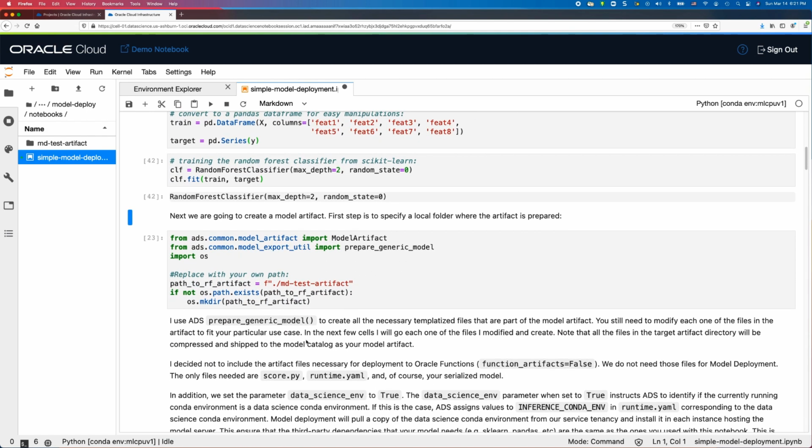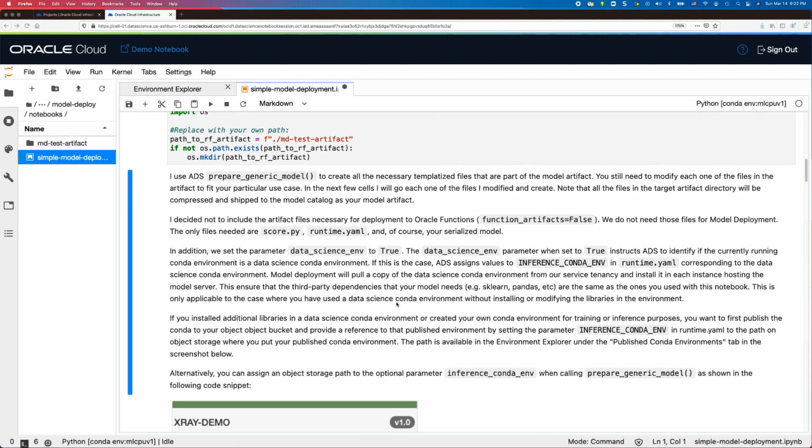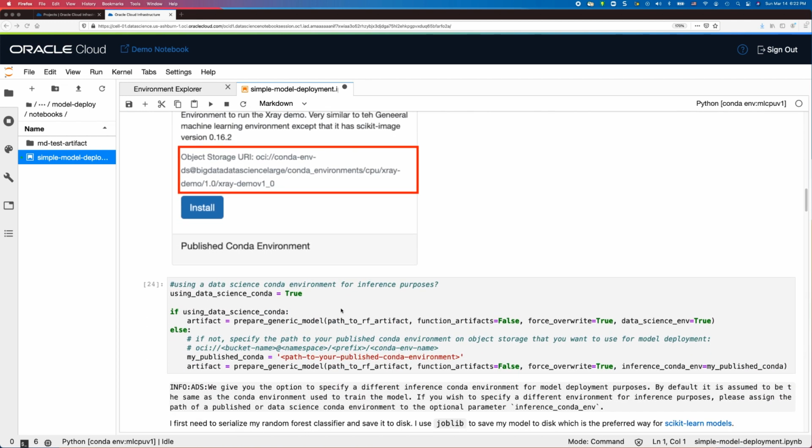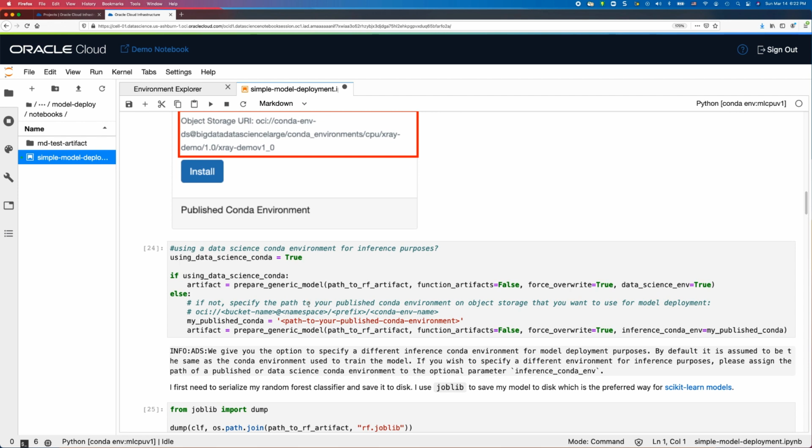And the next step is I'm using ADS. First of all, I'm creating a directory here called MD test artifact, which is going to contain the model artifact for my random forest classifier. So I'm going to create this directory first, and I'm going to use ADS to prepare the artifact and then save the model. First of all, there's a couple of options that you have